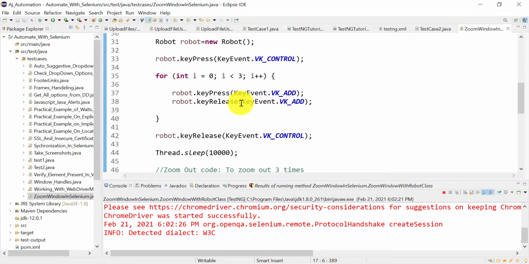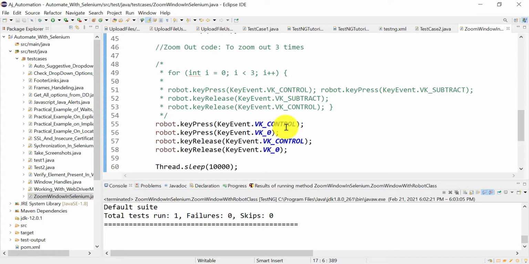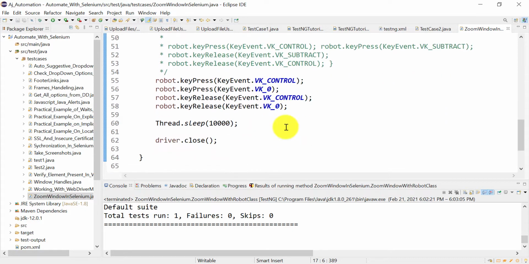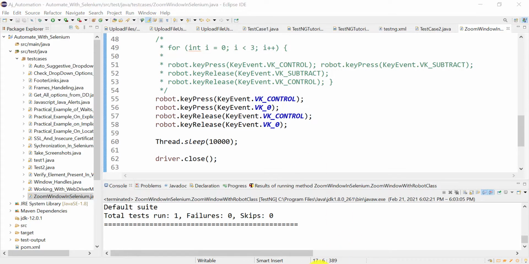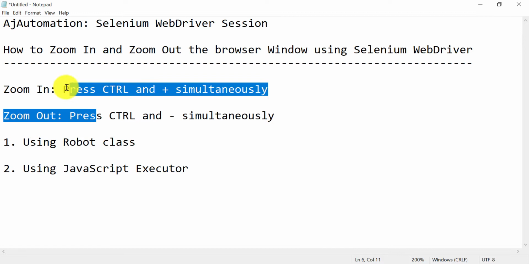You can press control then add, or for zoom out you can press control and subtract, and for default you can press control and 0. So this is how you can use the robot class to automate this scenario.